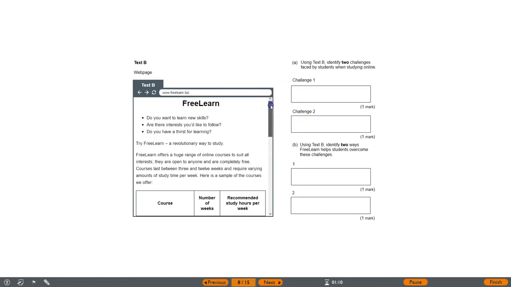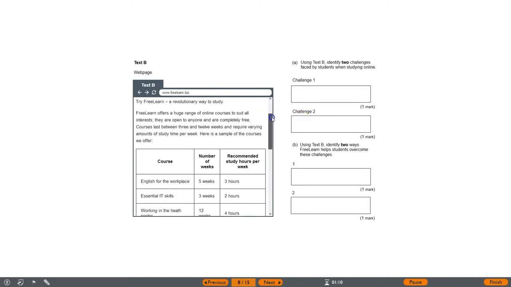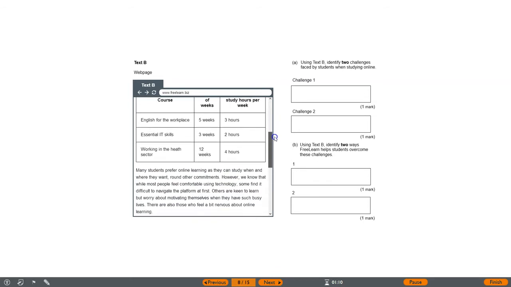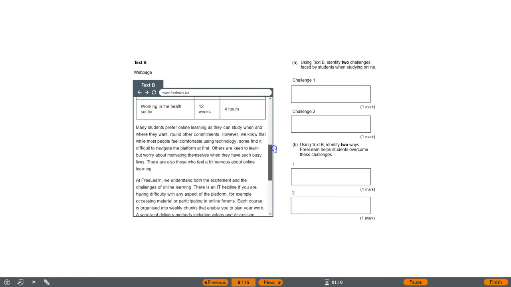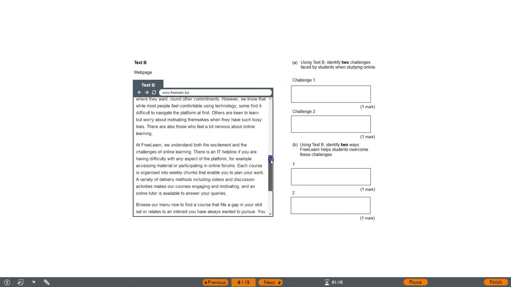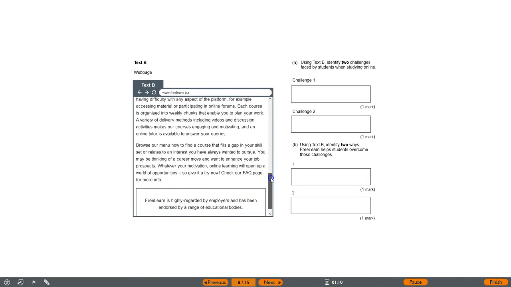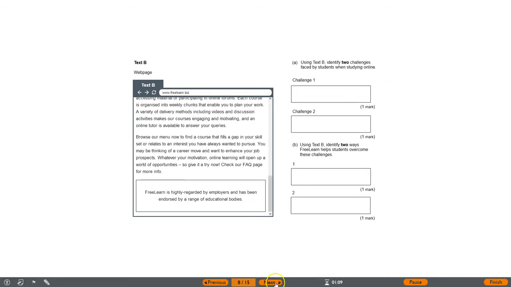Okay, same text, it's text B again. This time we've got 1 mark for challenge 1, 1 mark for challenge 2, and then we've got 1 mark for the next one, which is B, and another, well, that's number 1, and another mark for 2, which is also B. Okay, so we've got 4 marks in total there. Click again,